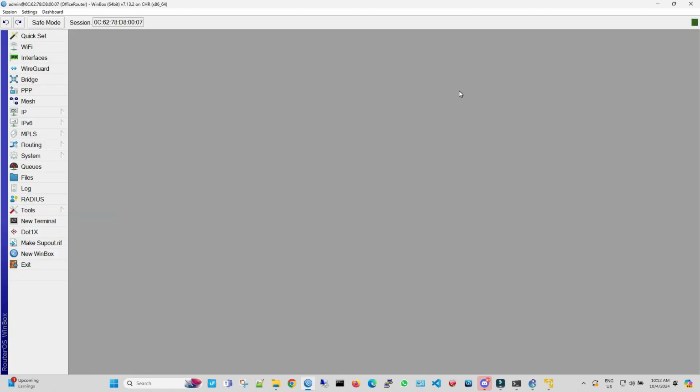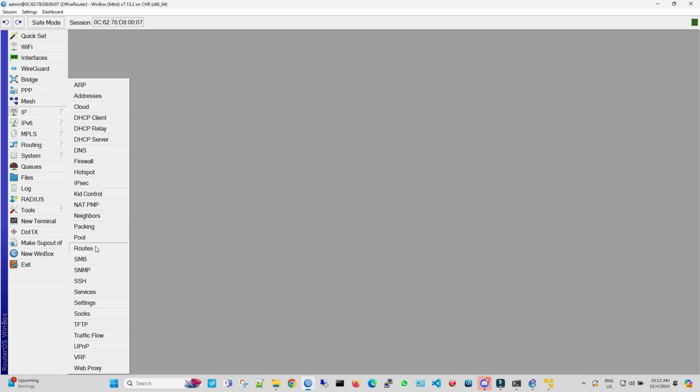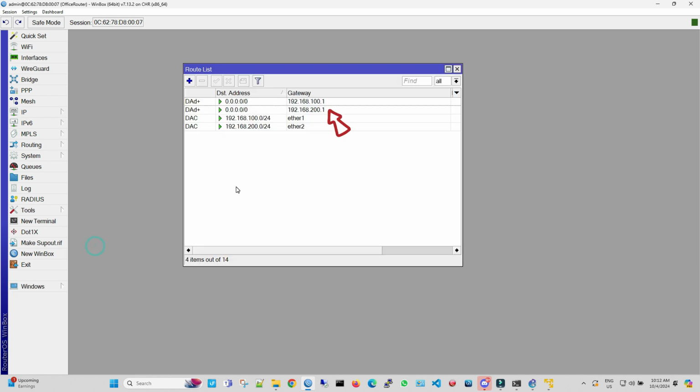Before we dive into the policy-based routing setup, I've already got my two upstream connections, Upstream 1 and Upstream 2, configured and ready. These will be the two internet connections that will route traffic from different departments. Now, we're going to set up the rules to make sure the traffic flows to the correct upstream based on